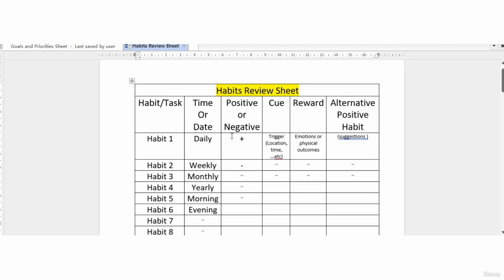If it was a positive habit, you don't need to fill in cue, reward, alternative positive habit. Okay, so you don't need to do that. But if it was a negative habit, then you need to fill the other columns in order to know how to change it. The cue is actually the trigger that makes you do that habit. It could be location, time, etc. Reward reflects the emotions or physical outcomes after doing the habit, and alternative positive habit,